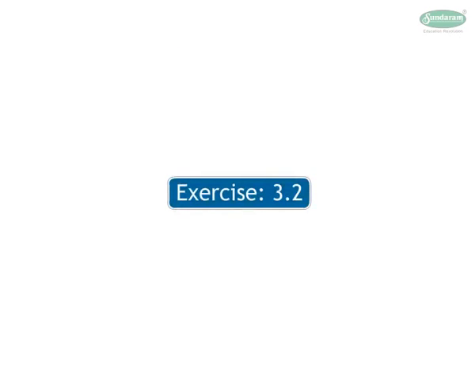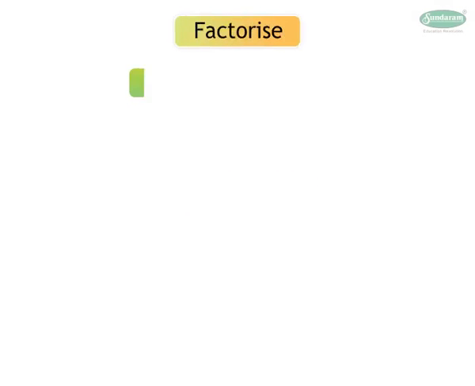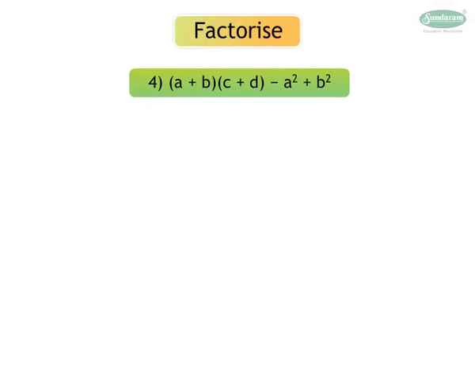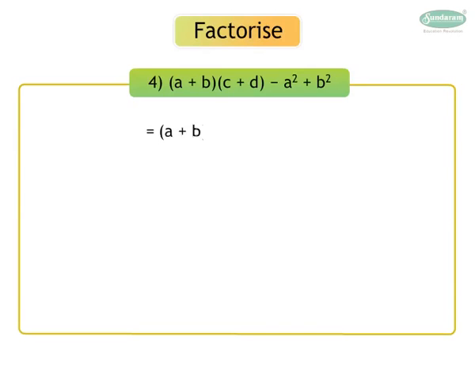Let us take fourth sum of the same exercise. Let us factorize (a + b)(c + d) - a² + b². (a + b)(c + d) - a² - b². In this step, we have changed the sign from plus to minus, as there is a minus sign outside the